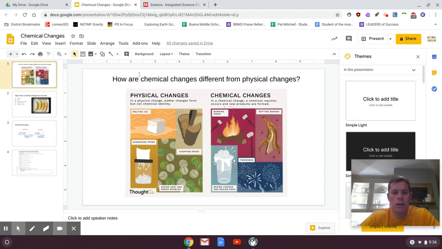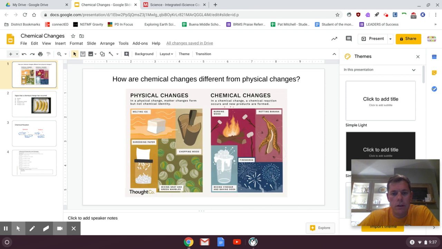Chemical changes are very different than a physical change because in a chemical change, as you can see in the slide, the change that you see is going to produce a new substance. The identity is actually going to change this time. Three examples here: burning wood, a rotting banana, mixing vinegar and baking soda, and fireworks. All of these are examples of chemical changes because the substance before and after the change are going to be